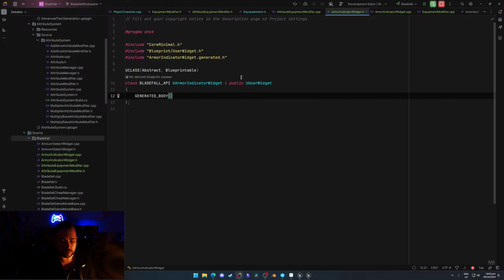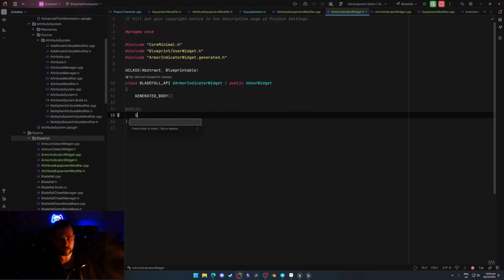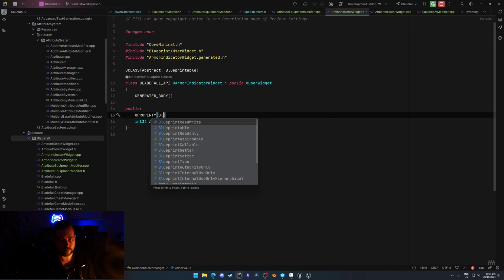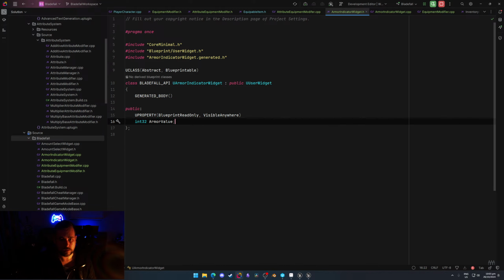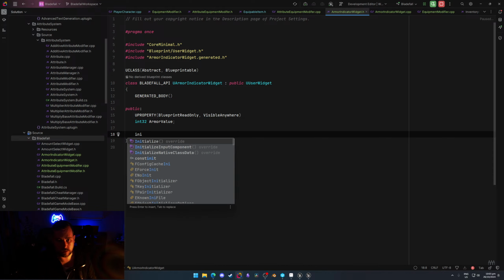Abstract, blueprintable. Armor value, and that will be uProperty. Sure. Okay, and then on initialize,